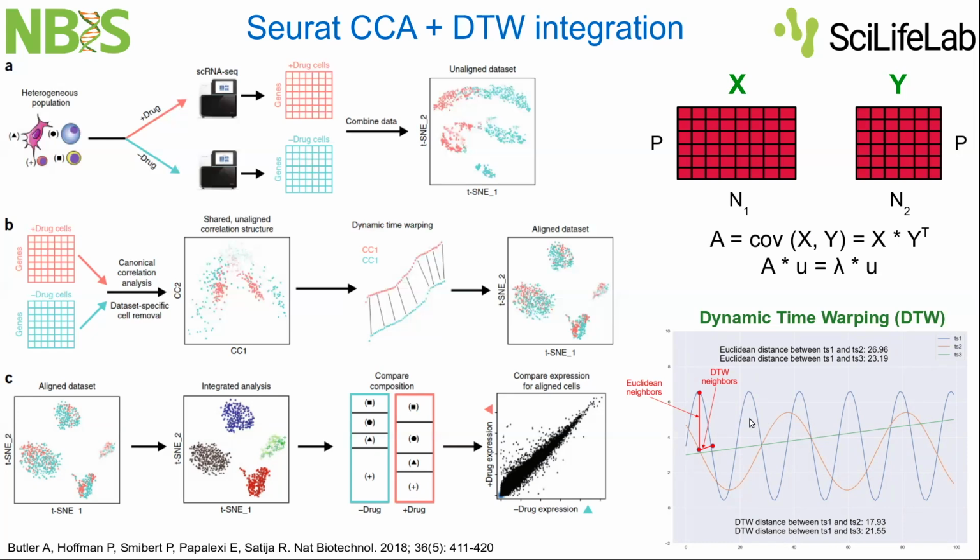Or it didn't make sense that if you compute Euclidean distance, it turns out that a wave function, for example, this blue wave function, is closer to the straight green line compared to the distance between two wave functions. So it's kind of counterintuitive. You would think that two wave functions should resemble each other more than a wave function and a straight line, but not in terms of Euclidean distance. Indeed, Euclidean distance was shown to be not optimal for time series data,